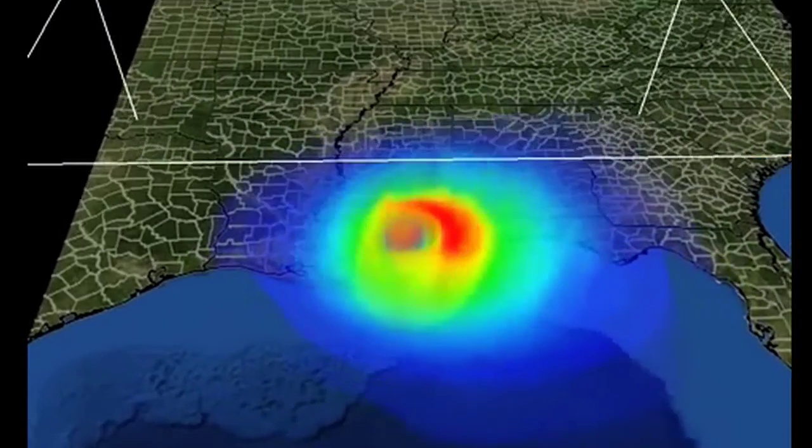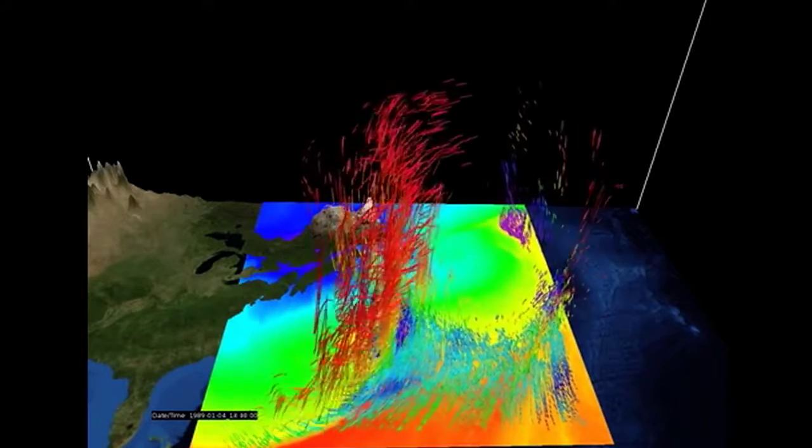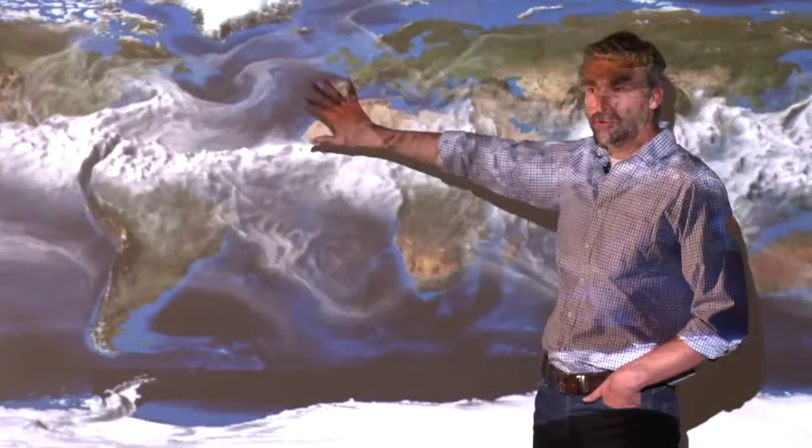Climate change is one of the most important environmental issues we're currently facing, and we're seeing the repercussions of it now, and they'll only get worse in the future. Being part of Sizzle is really important. This is where a lot of the climate change data is stored, and I can create visuals that help policymakers understand future climate change. The way we actually represent this is that we have the basic equations of physics, chemistry,